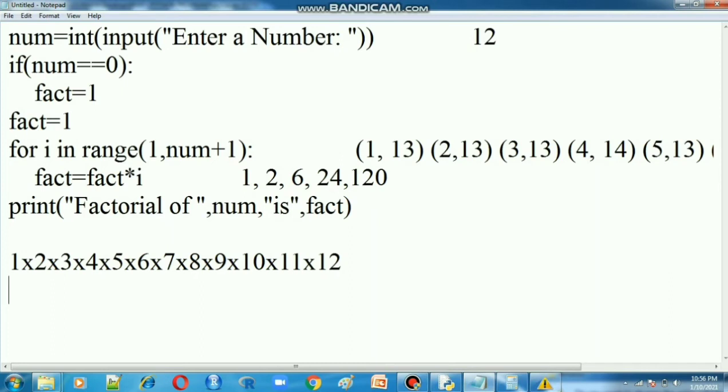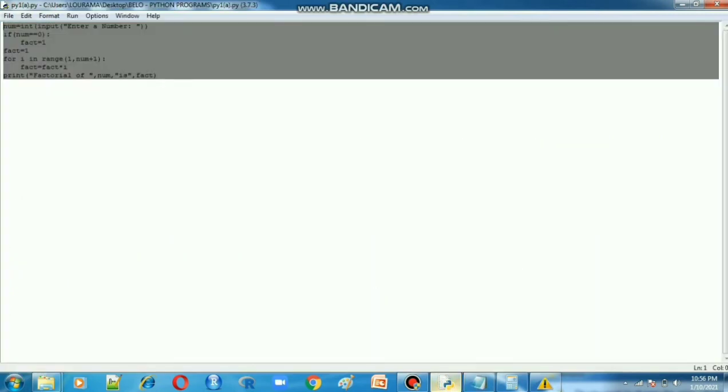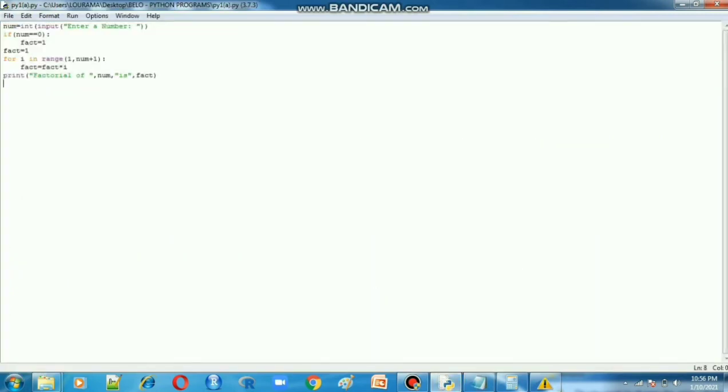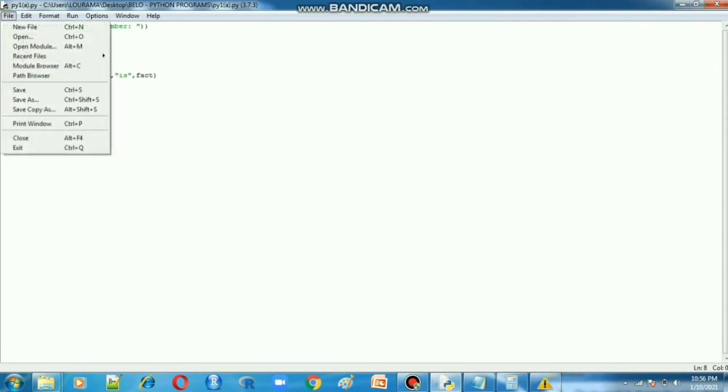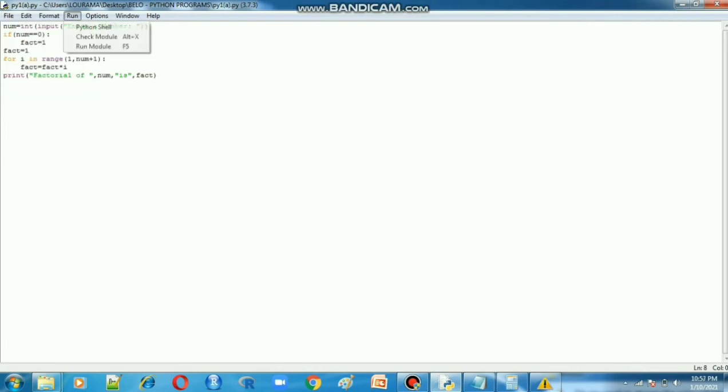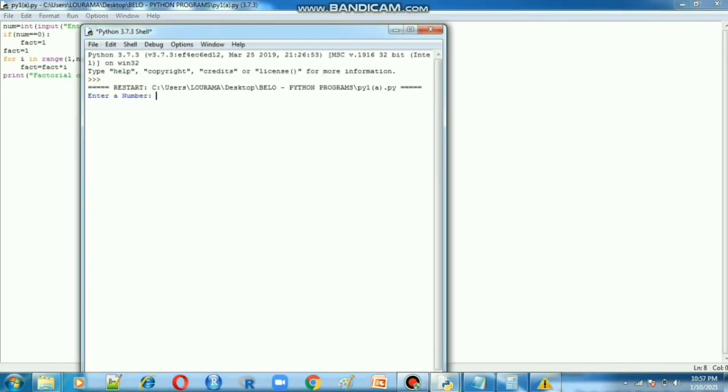Maybe you understand clearly. Now we have to go and check in the program itself. We have to run our code. This is our factorial number code. So file, save your file, go to the file option, save, run module. What input did we give there?